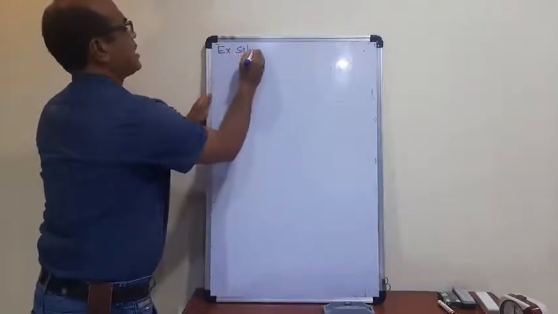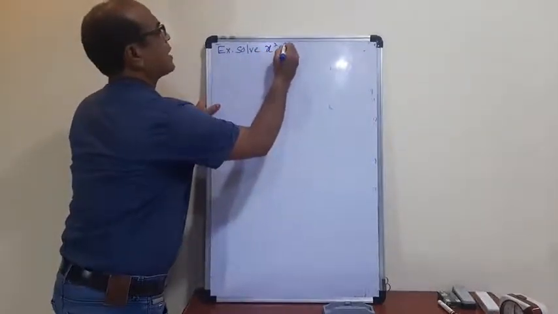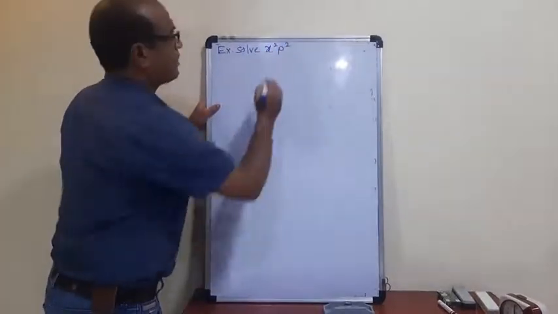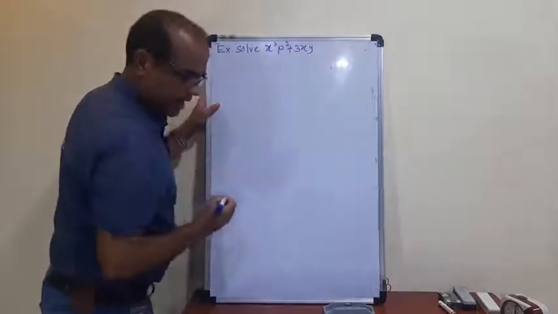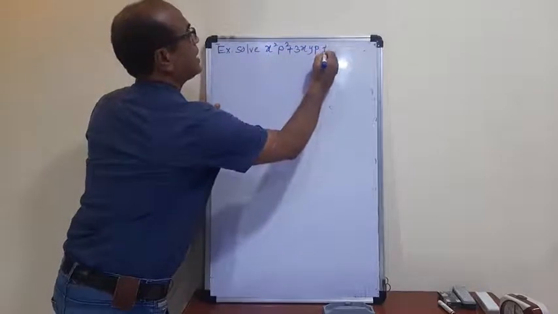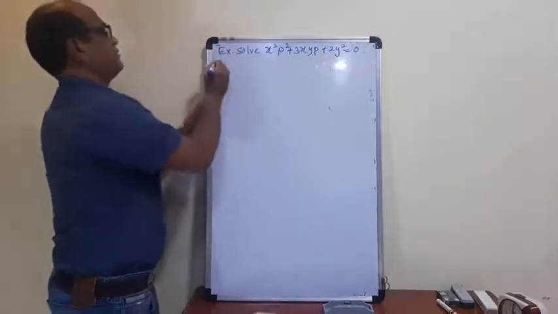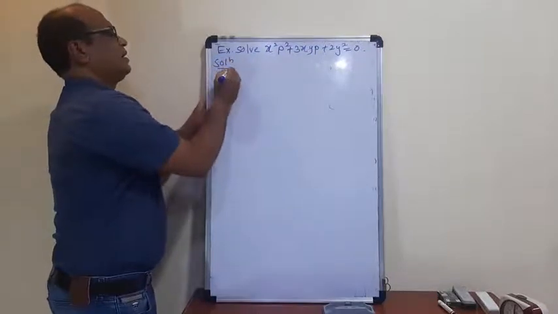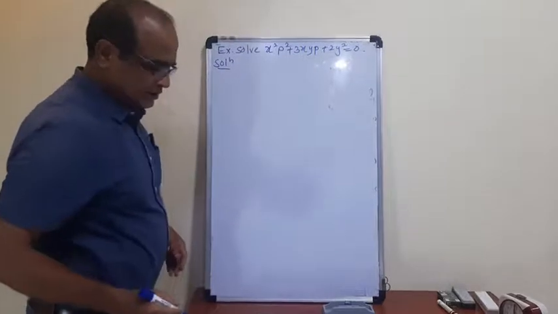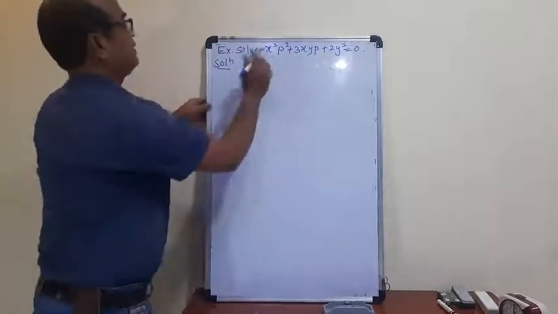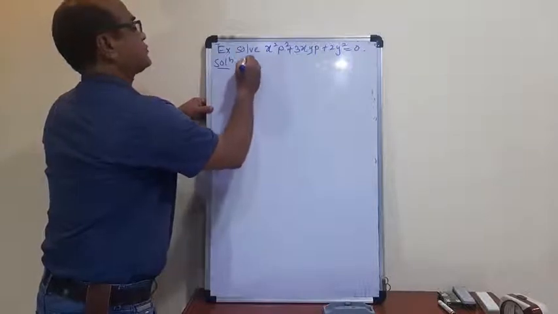Solve x square p square plus 3xy p plus 2y square is equal to 0. Solution. Now we factorize this equation, so we can write this equation in the form x square p square plus